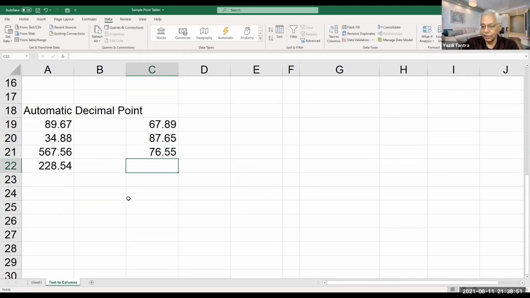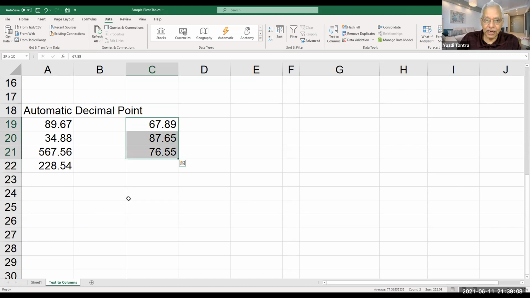So you know that we are all lazy people. So we don't like to put the decimal point every time. Why should I put a decimal point? I should just say that the last two digits are the decimal point. That's all that I will say. So I don't have to actually type the decimal point.